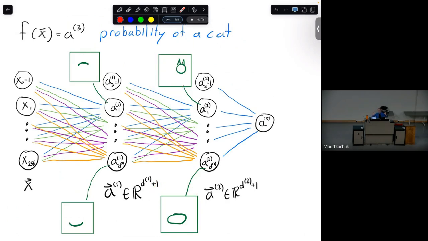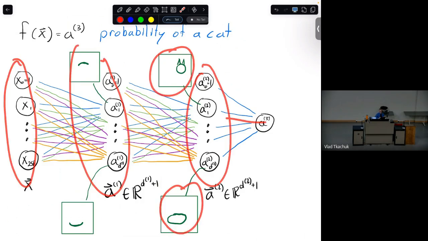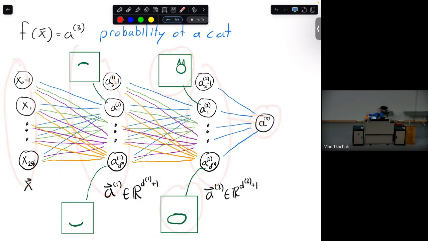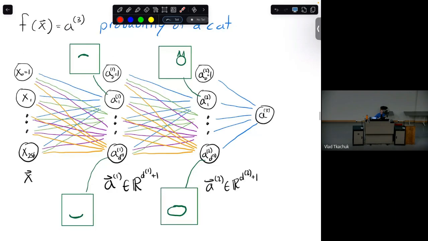This is what, when our learner outputs a good predictor, we're interpreting a good predictor to be. It's a predictor that can take the raw features, get better features, get even better features, and then use these much more useful features to predict the actual probability of seeing a cat. So that's what this A3 is, the probability of that being a cat. So this is potentially the most intuitive and useful picture to understand of what these neural networks are doing underneath.